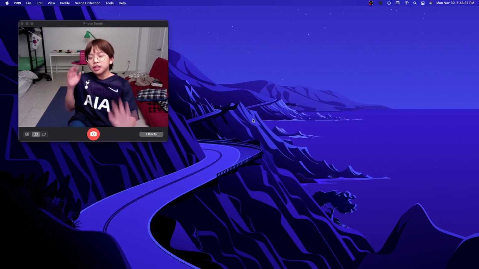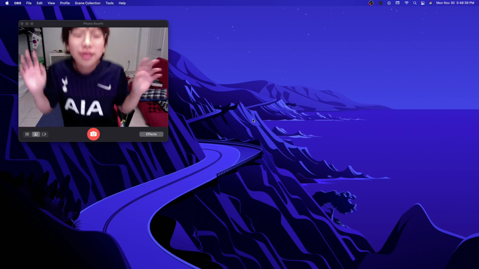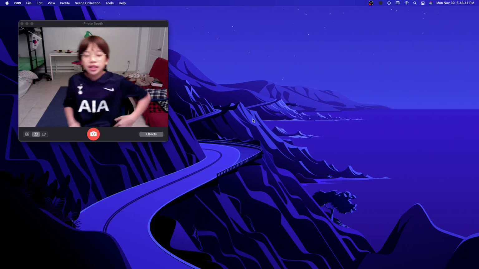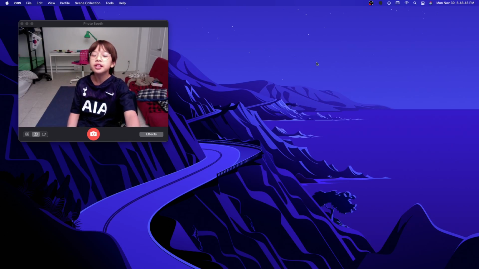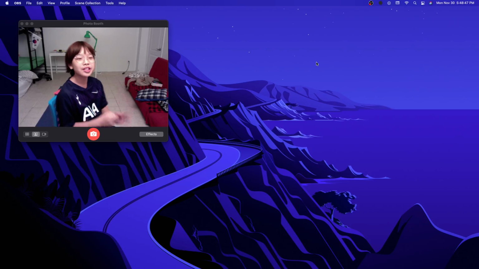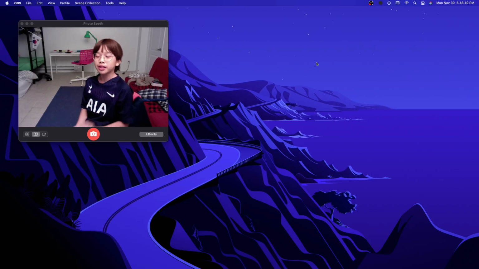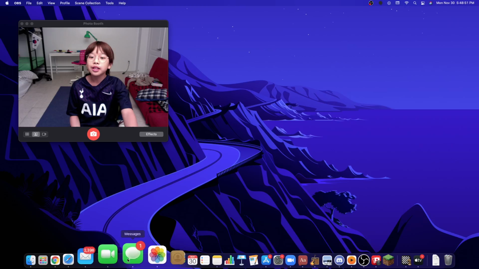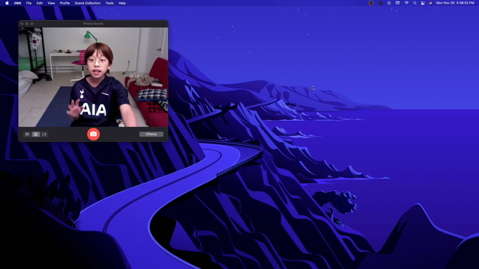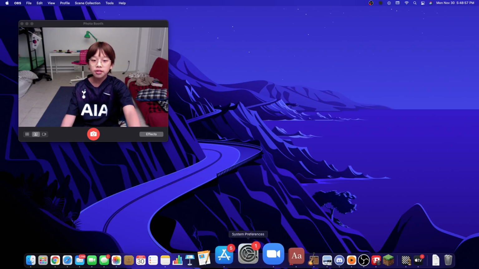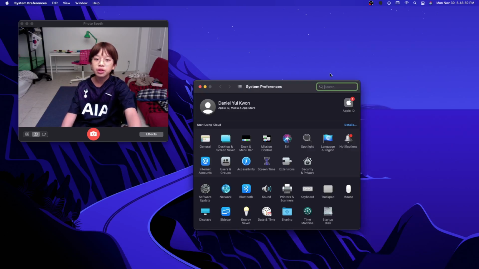Okay, guys. So I couldn't use that real system, the recording system that I got in Windows, but now that I have a new iMac, I decided to just demonstrate to you guys what the settings will be and how to use the settings in iMac. So let's get started. If I look at the system preferences, which is actually the settings,